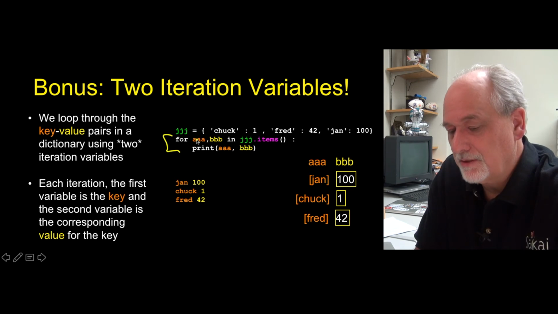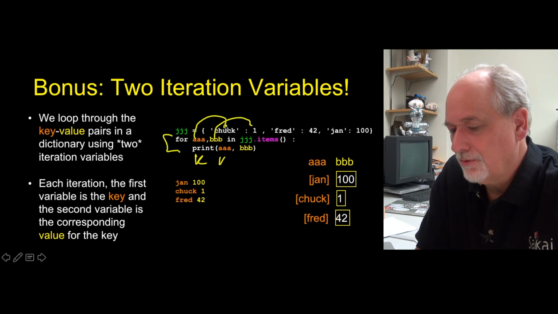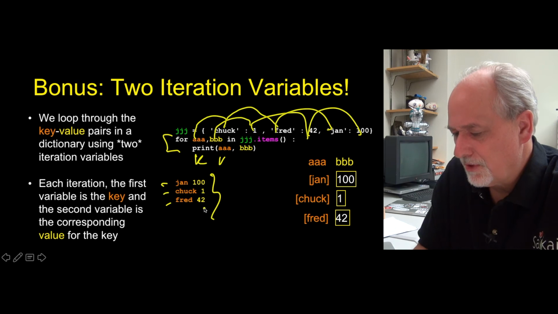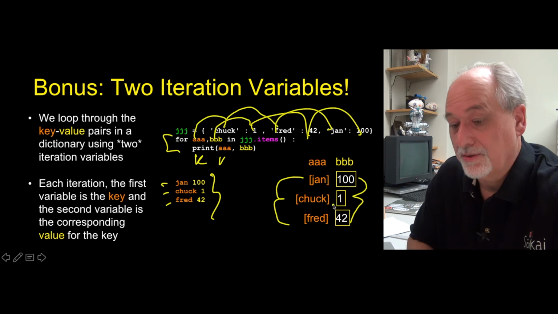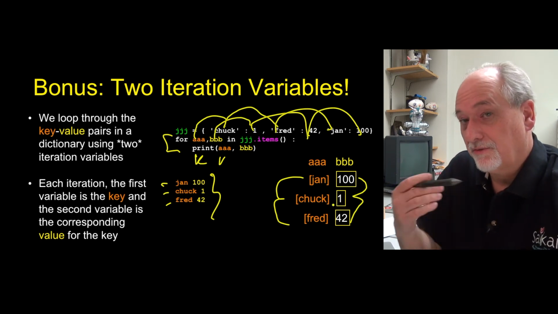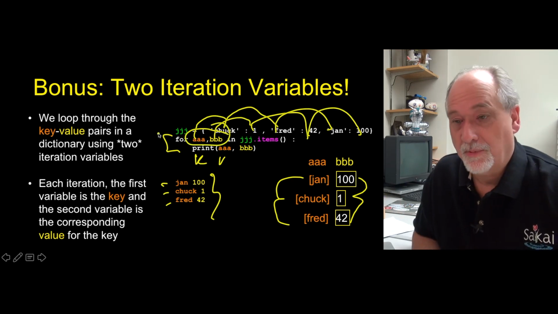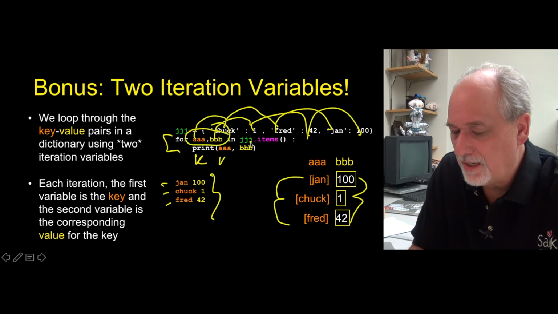So what this basically does is says, we're going to simultaneously advance these 2 iteration variables. So this is going to be the key and the value, the K and the V. Key and the value is going to be Chuck 1, then they're both going to advance. Fred, 42, Jan, 100. And so that means in this simple loop, if we just print them out, we're going to get the key value pairs, of course, in the order. And so it's sort of AAA and BBB simultaneously walk down these key value pairs. And so that's really pretty, and it makes for a very succinct loop. The syntax is a little sort of disquieting when you first see it, but it's a super elegant thing, and you just have to say items.